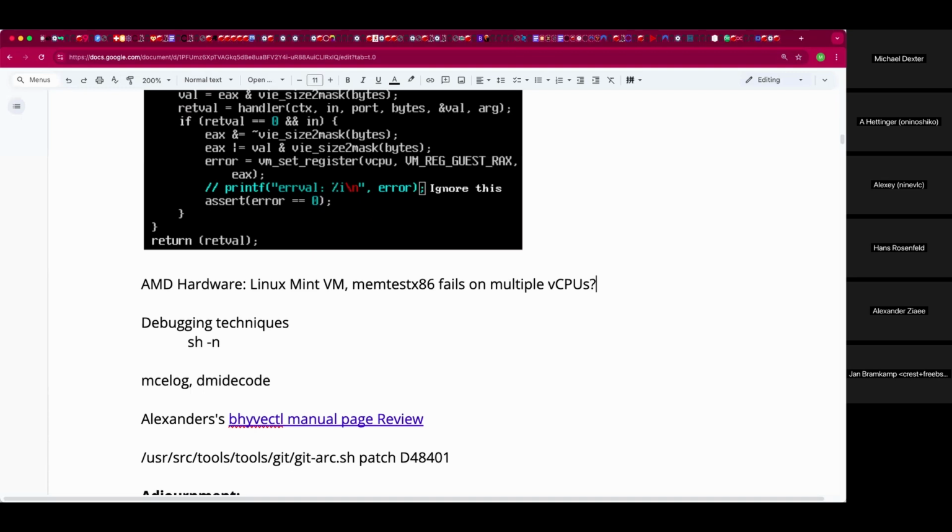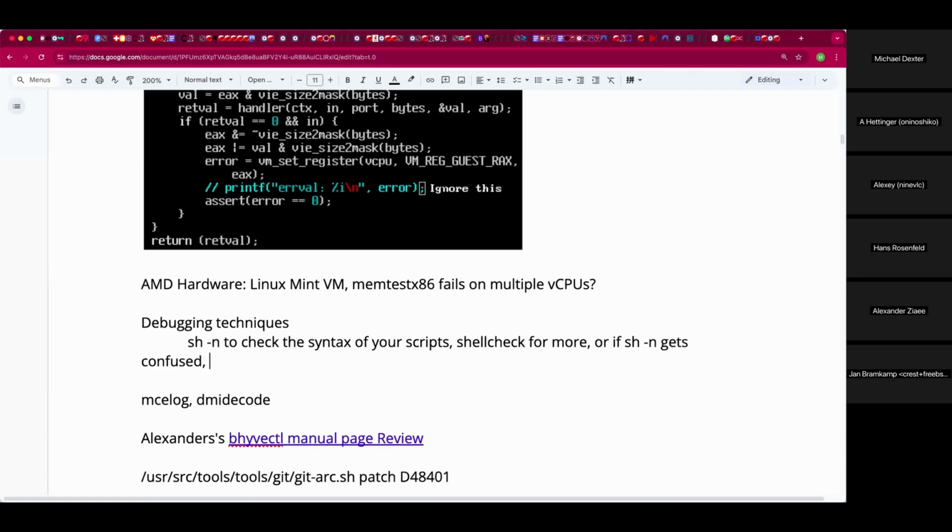I just want to clean up the start reproducer script a bit. Remove a little bit of cargo cult and so on.